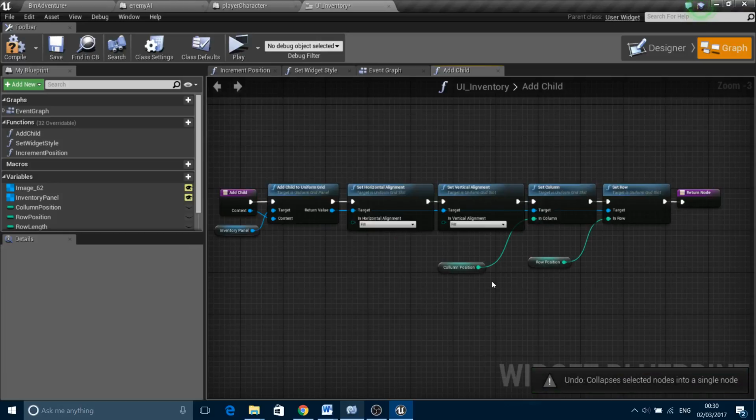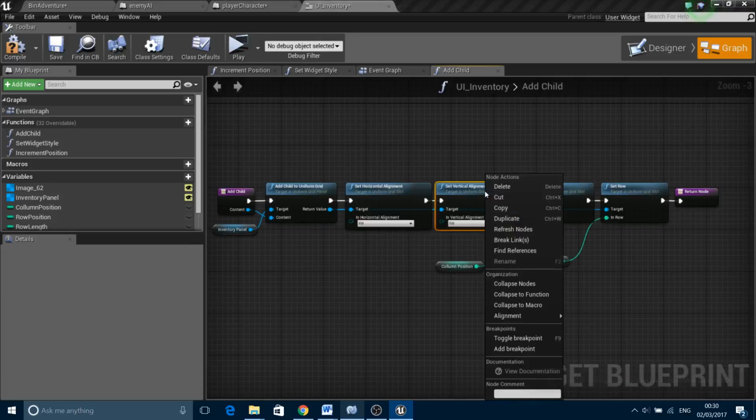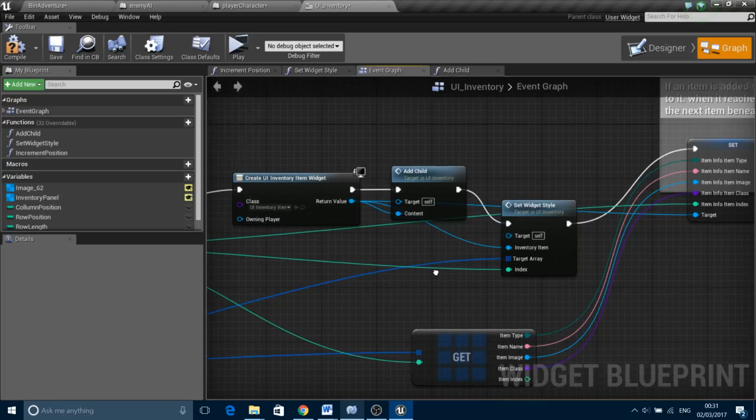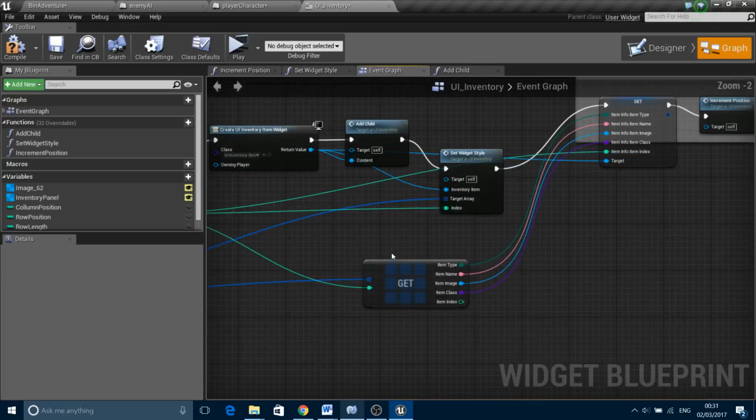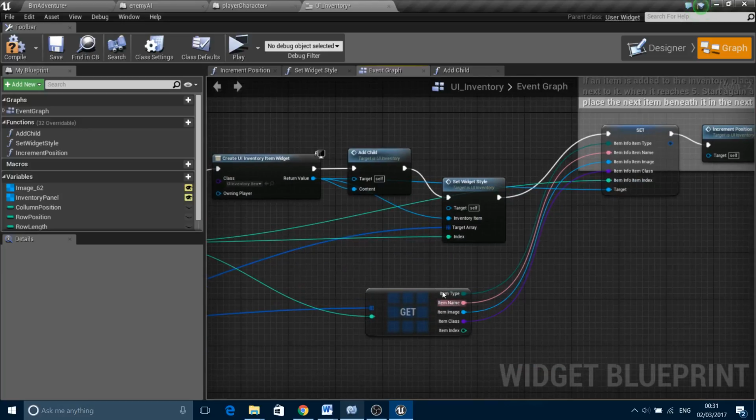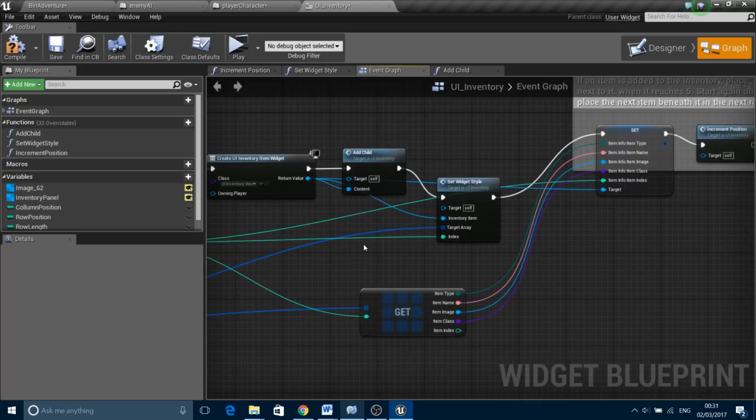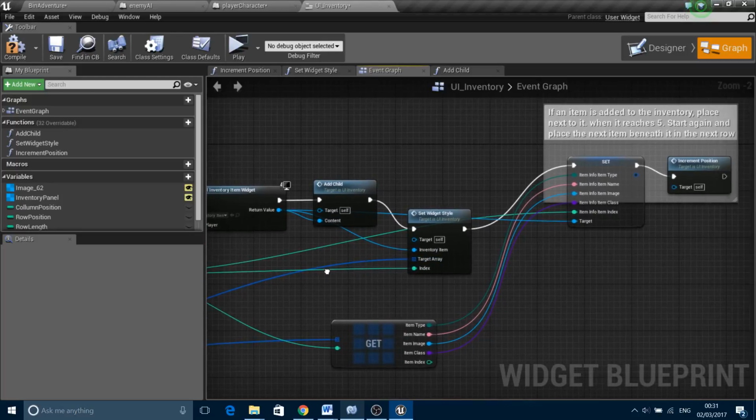And what the collapse tool basically let me do is create a new function out of this. And this is what I did. I was making blueprints neater as well, so there's not so much to look at. And if another developer looks at this, they can quickly understand what's happening instead of having to look